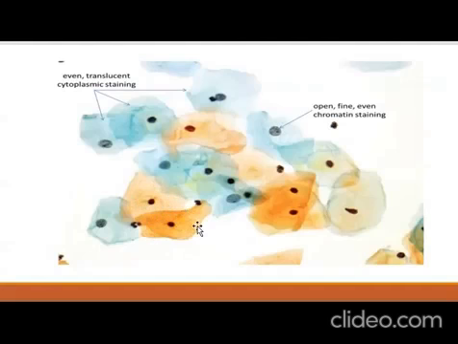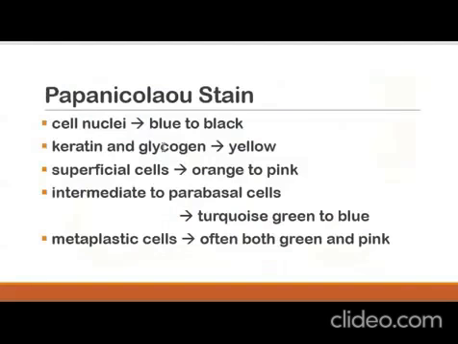So that's actually characterized or described as a keratinized cell. Correct? So also in the smear, if glycogen is present or abundant in a cell, mag-yellow din po siya. Yung mga superficial cells naman po, they tend to become orange to pink. For your intermediate to parabasal cells, turquoise green to blue, and then for your metaplastic cells, they are often both